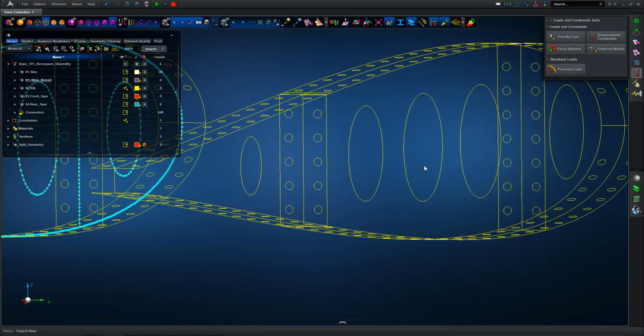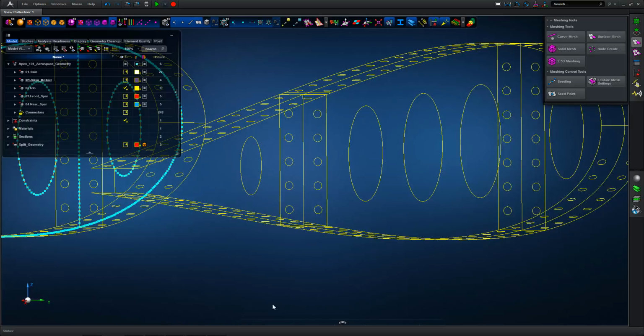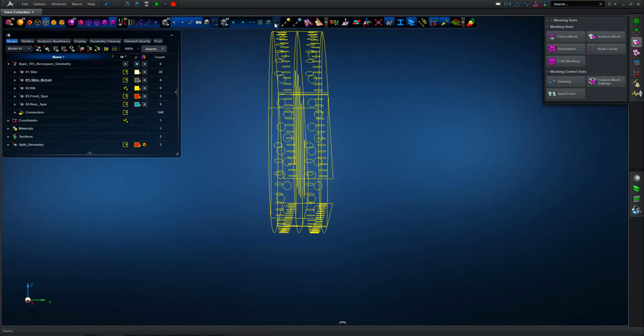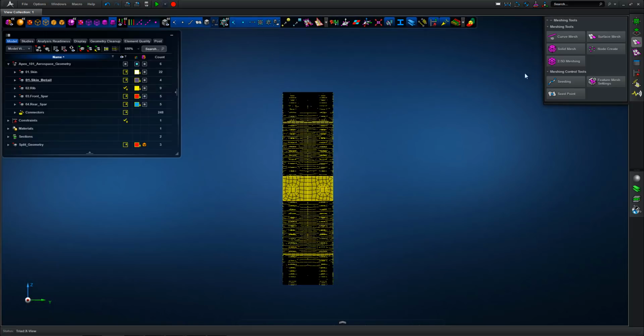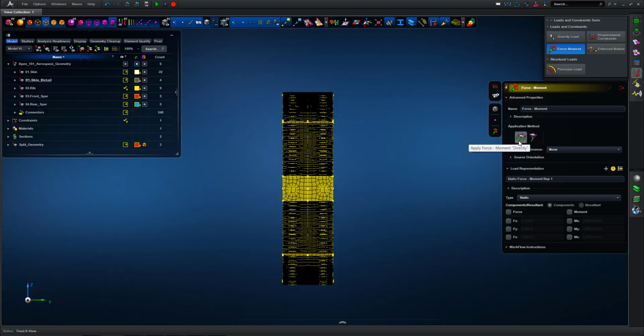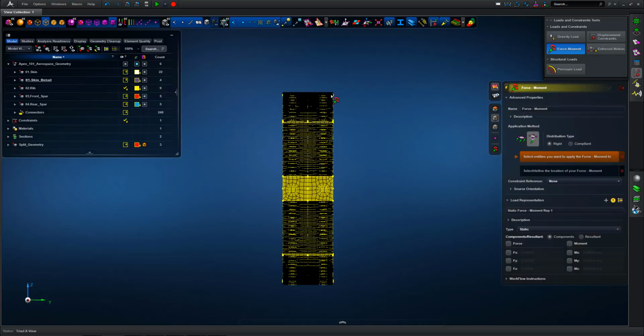And then in terms of load application, we need to define a position where the load will be applied. So we're going to select one of the lightning holes and create a node at the center of that hole. We're going to use a standard technique, the shear moment and torque technique, or SMT technique as it's sometimes known, whereby we can distribute the load through a series of structural entities. So in this case we're going to highlight the interface curves between the flanges and webs, and then